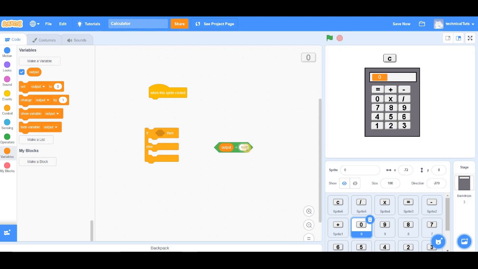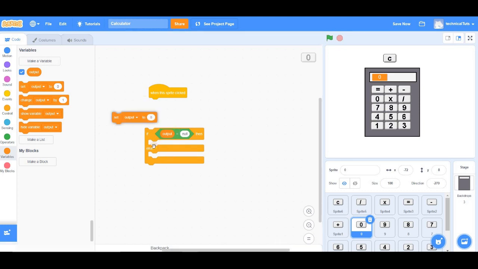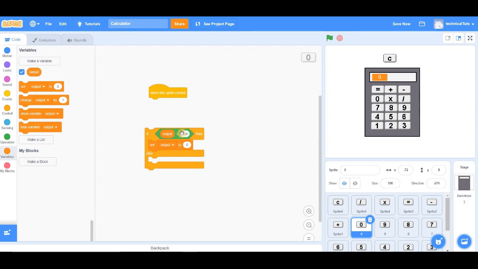Okay, so now if the output is null, we are just going to set the output to 0. And if the output is not null — null means there is nothing on this orange — and if there is something there, for example any other number 1, 2, 3 or any other number, then what we are going to do is we are just going to drag this,